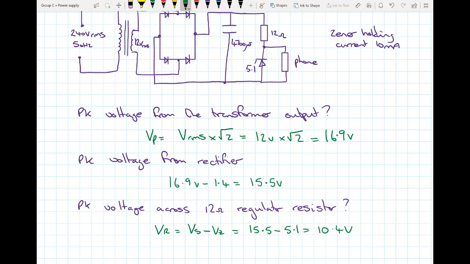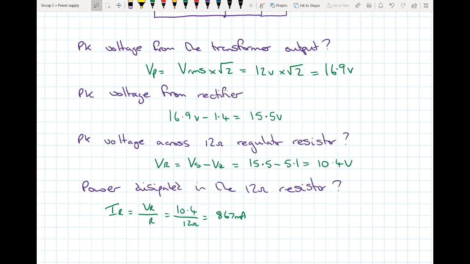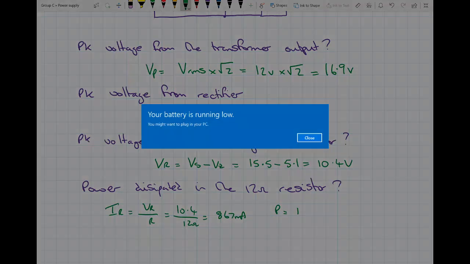Let's find out what the current through that resistor is going to be, and then we can work out what the power dissipated is. So first of all, I've worked out what the current through the resistor is: 10.4 volts across it divided by its resistance. So therefore my power is going to be I times